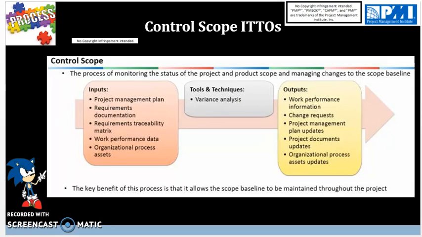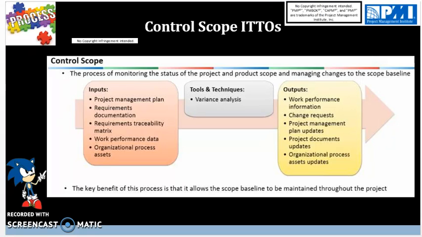Next, we'll be going over the control scope ITTOs: inputs, tools, techniques, and outputs for the control scope process. First, the purpose of this whole process is to monitor the status of the project and product scope and manage changes to the scope baseline. For inputs, we have project management plan,